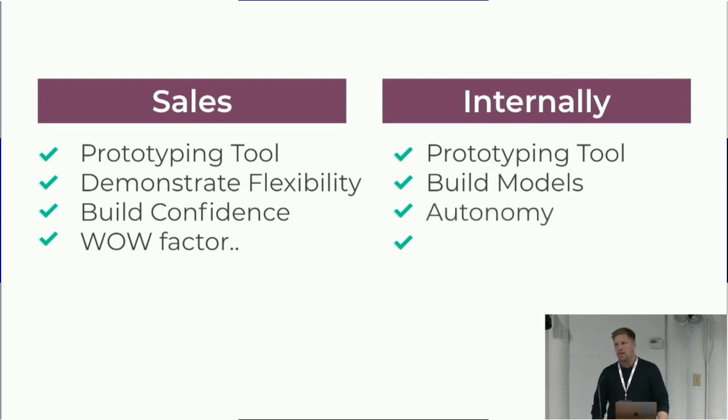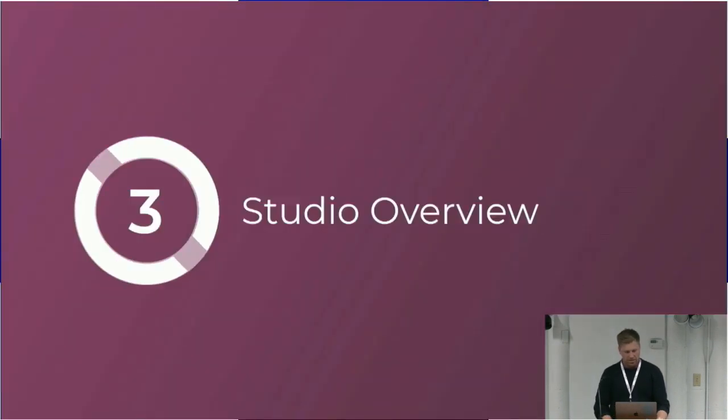Autonomy. Now, you don't need to have a developer come in and actually code out a bunch of stuff in order to see what a prototype or a model might look like. You can do it on the fly with a drag and drop method, and you can quickly get the results you're looking for and validate them or not. And of course, evolution, what I talked about earlier, it'll help you evolve. So with that, I'm just going to jump into Odoo